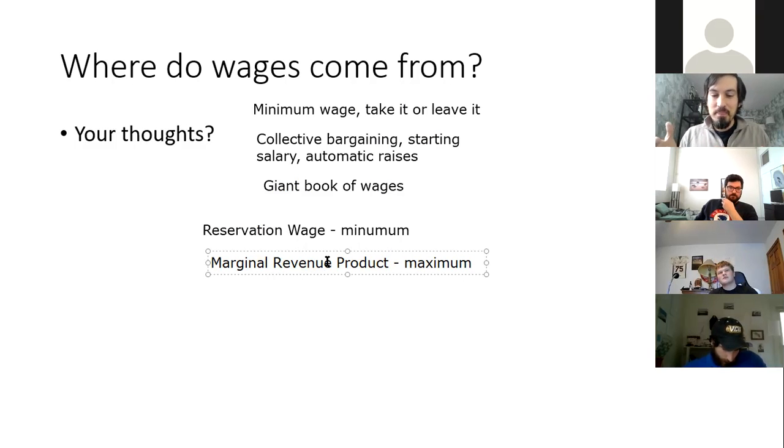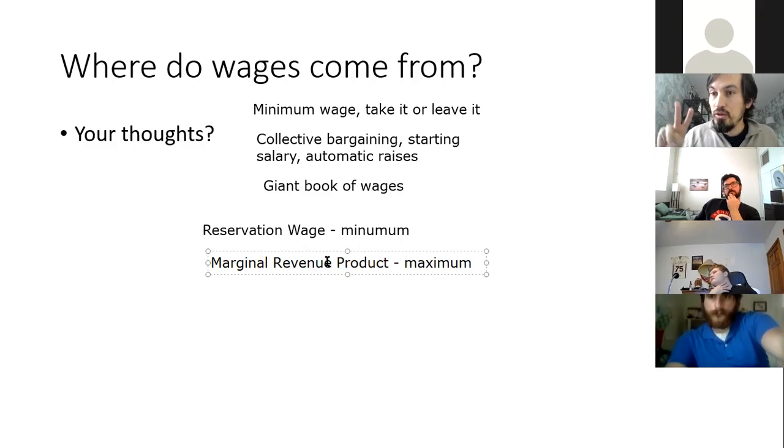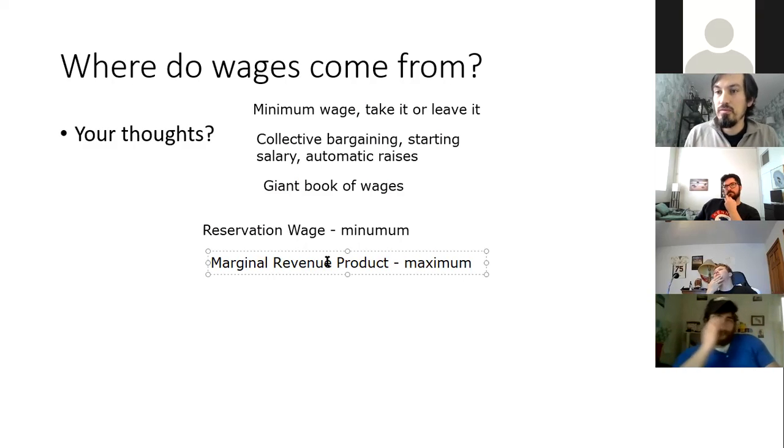The first person gets your pizza and puts sauce and cheese on it, and that's it. Then the next person puts veggies or meat products on it. Then the next person takes your pizza and puts it in the oven. They split it up into that three-way process. But if they only had 2 workers instead of 3, the same person would have to do 2 of those tasks, and that would slow the process down. So when we think about marginal product, without the word revenue, you're thinking of how many more pizzas per hour this assembly line can produce with 3 people working as opposed to only 2.